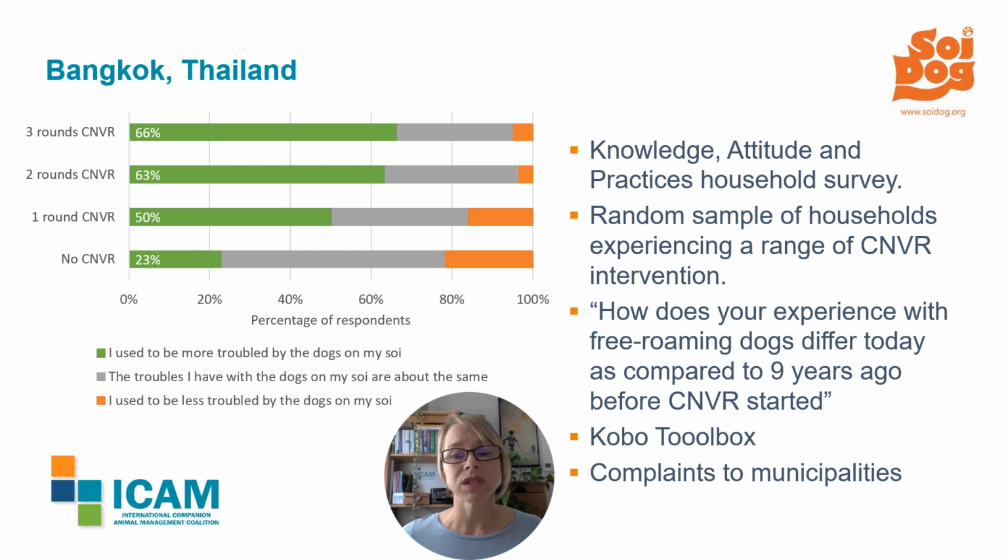So my recommendation is to work with whoever is receiving the complaints to set up a robust system of data capture with clear categories of complaint type and where geographically these complaints are coming from, so you can identify those within your CNVR area compared to those outside your area of working. And do that as soon as possible, ideally before your CNVR project starts, so that you can have a baseline.